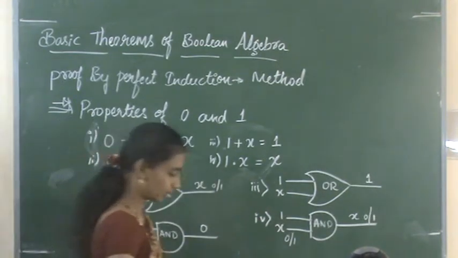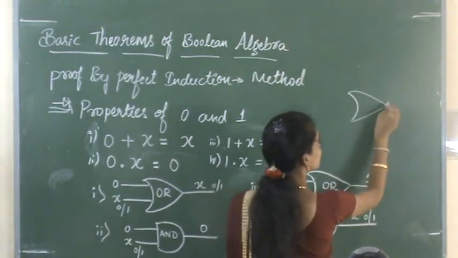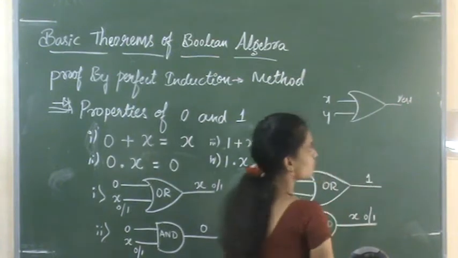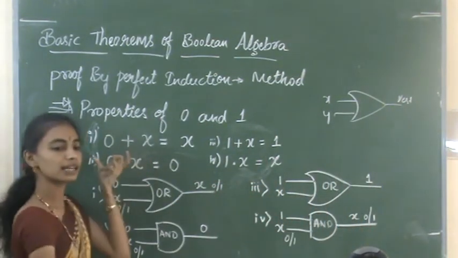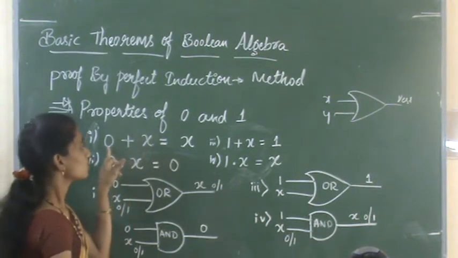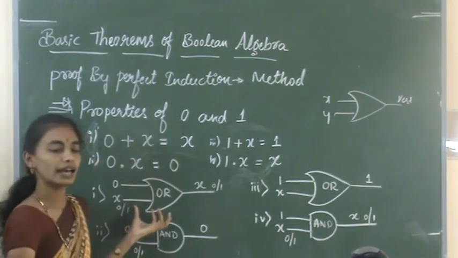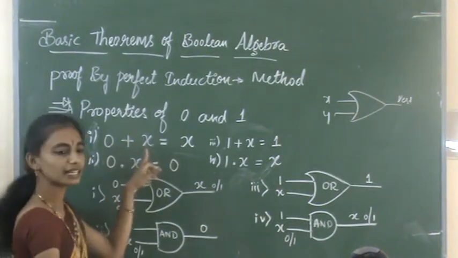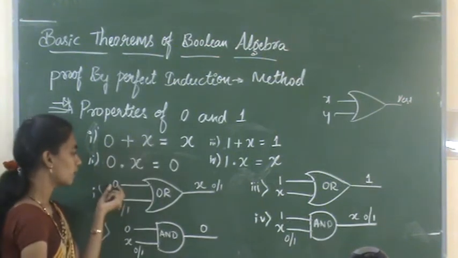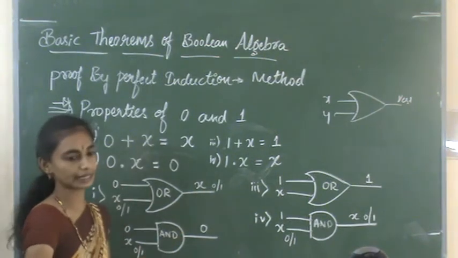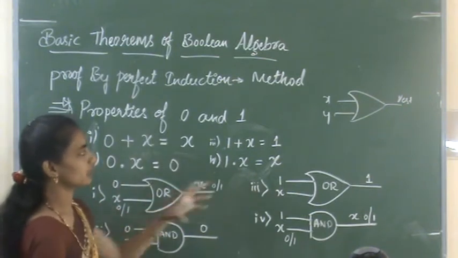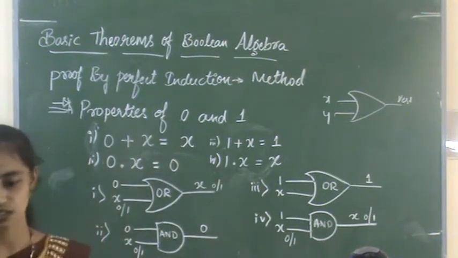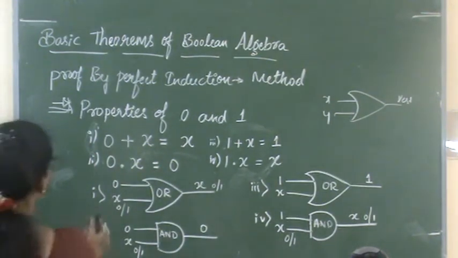Okay. So in the previous class I wrote the x value, y value, and the result, right? So when we are given equations or expressions, based on that expression we can write the logic gates. Whatever variables are given in the expression, those will be the inputs and then the output of that gate. Okay. So this is how we represent it. Let me prove these four equations, or these four theorems.